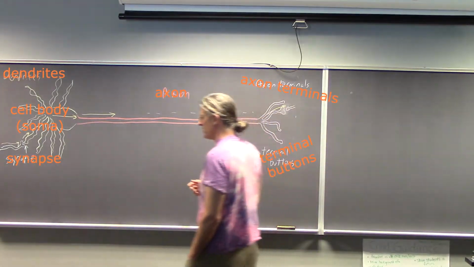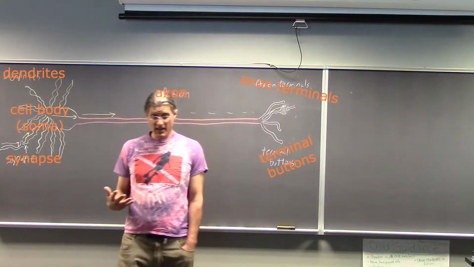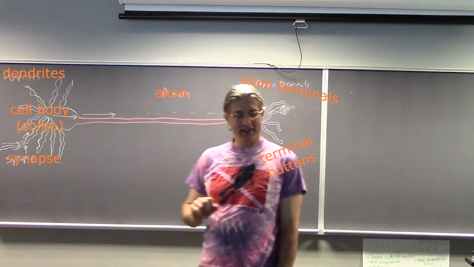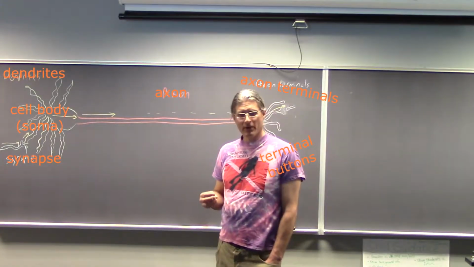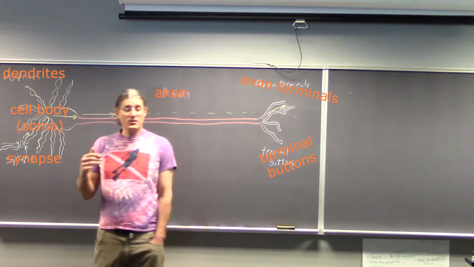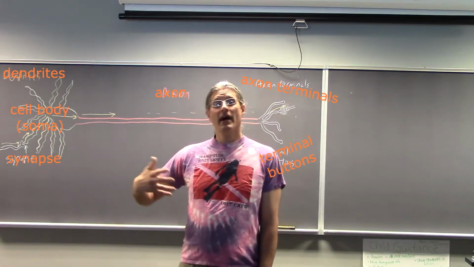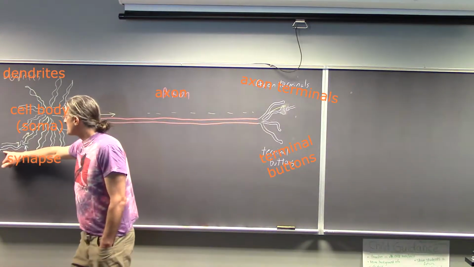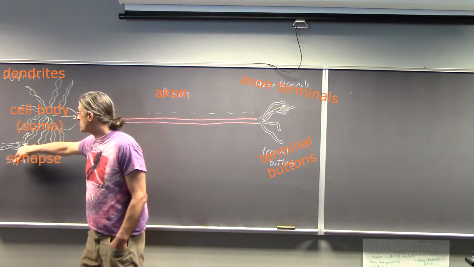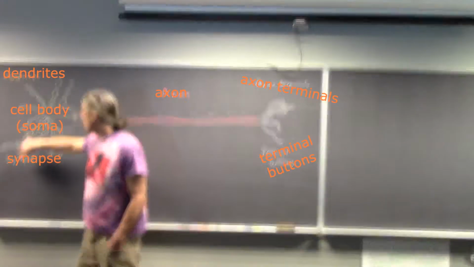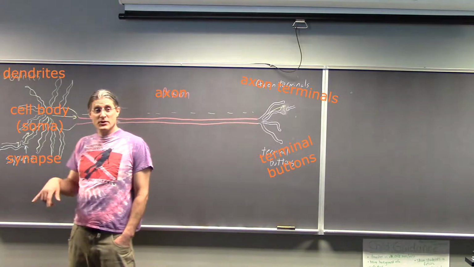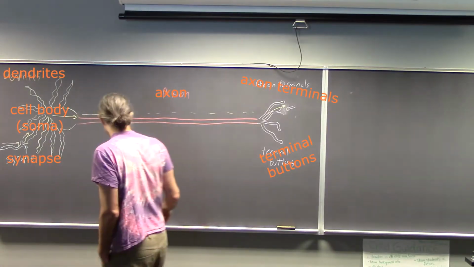And the reason why we can do much more sophisticated things than simply, for example, withdrawing our hand from a hot stove when we feel it burning a little bit, is because these connections between the neurons don't necessarily lead to action potentials. Just because this neuron is turned on and is supplying an action potential that then leads to release of neurotransmitter and then does something at this end doesn't mean that this neuron also is going to be turned on. And instead what you have